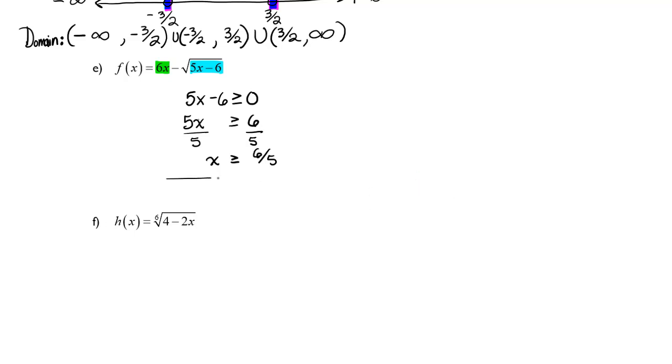If I wanted to draw where this inequality is true, again, you don't have to do this. If you know what this inequality converts to as an interval, you don't need to draw this graph. But let's just for